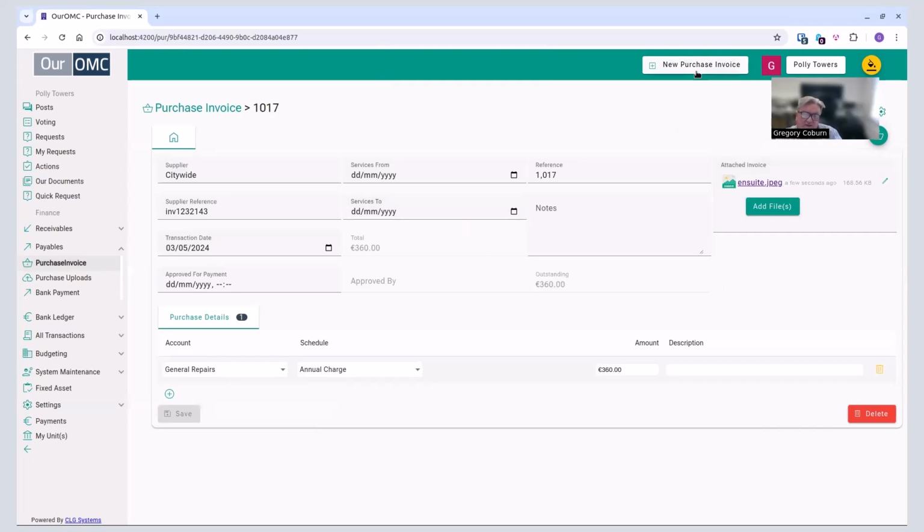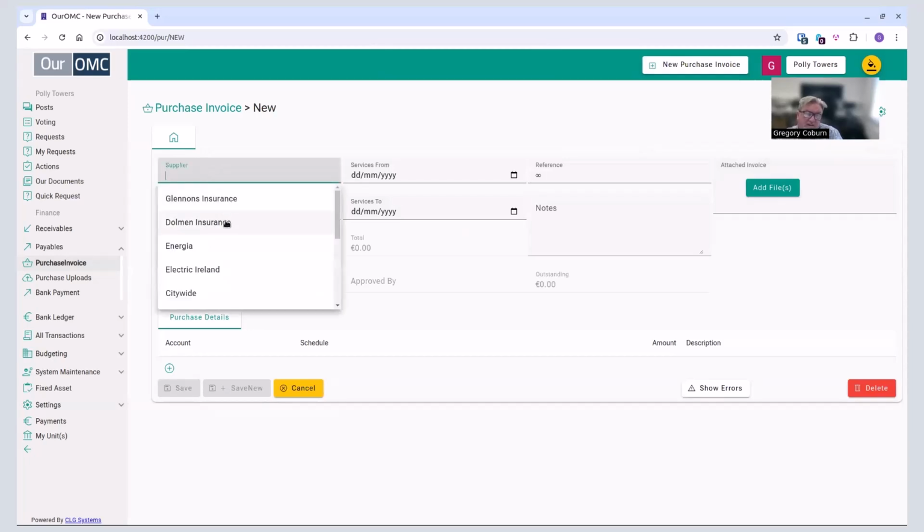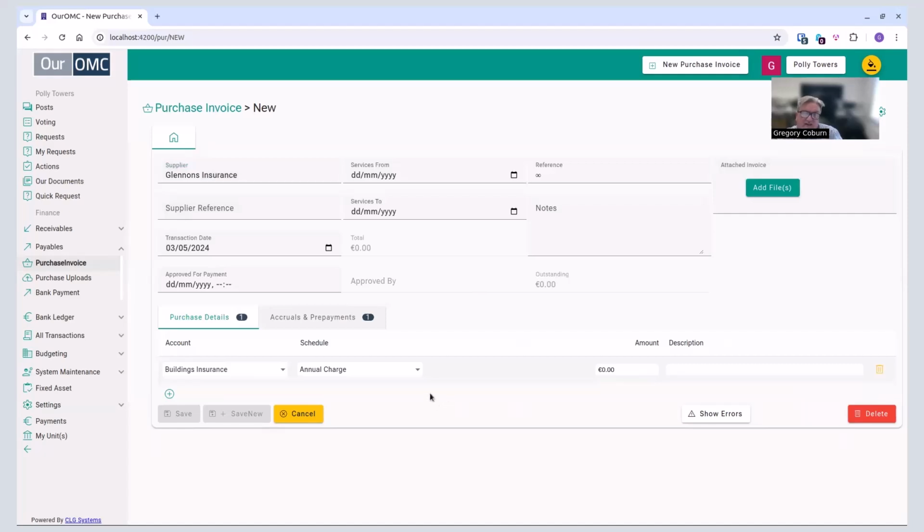Now we'll go to create another invoice. I don't know if you're familiar with the idea of purchase prepayments, but if I am doing something like insurance, it does know that for the insurance, I'm not going to do the director's liability, for the buildings insurance, there's special accounting that you need to do around the purchase of insurance, because you're prepaying it and it's supposed to be written down. It's supposed to be shown as an asset at the end of the year that you've prepaid. It's a complicated business. When you're putting in the invoice in ROMC, all you need to know is that you put it in, and